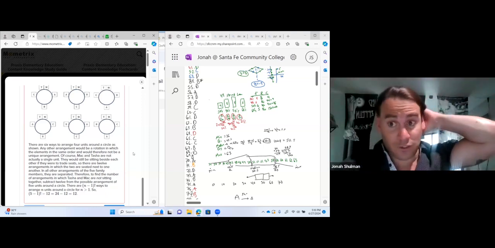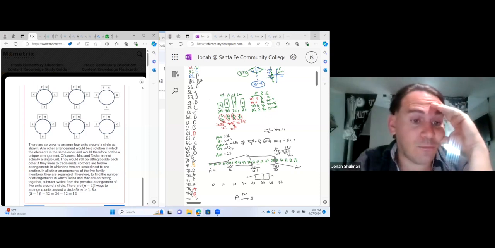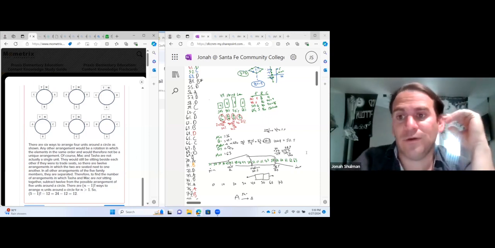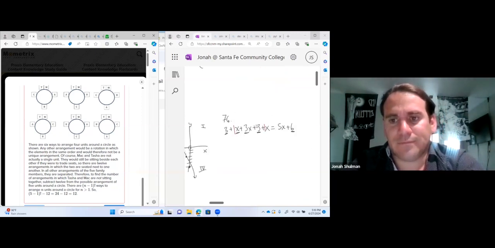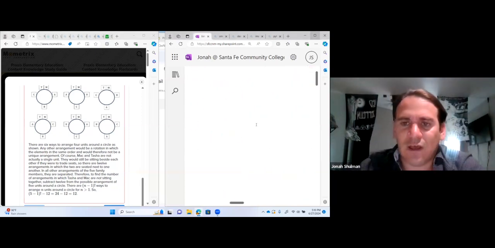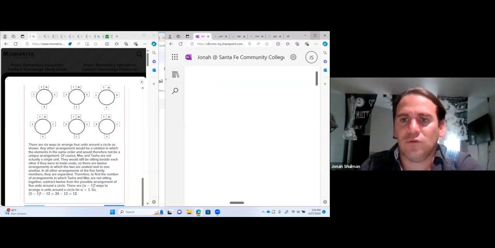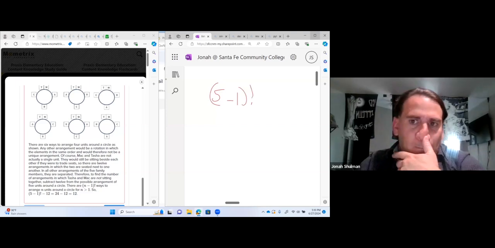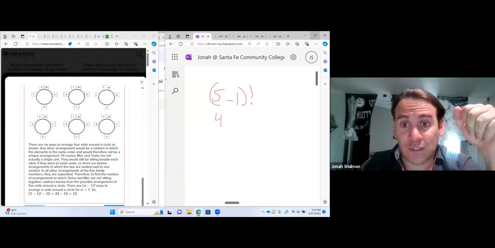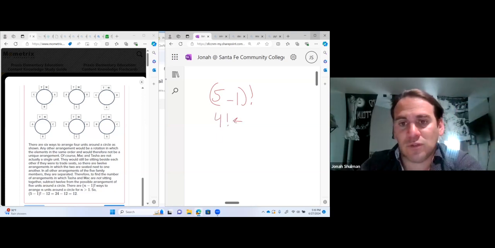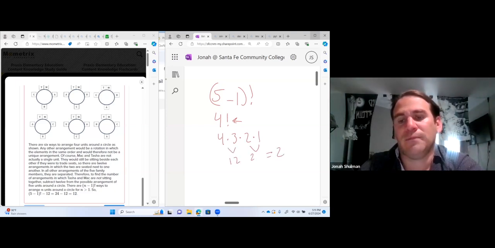See, I was including the first one. So I was doing 5 factorial, but it's really 5 minus 1 factorial. And what does that mean? So when they say 5 minus 1 factorial, because the first person, I guess, doesn't count because we're sitting in an order. So that first person you can remove from it is 4 factorial. And this factorial just means you're multiplying 4 times 3 times 2 times 1, which is 12 times 2, which is 24.